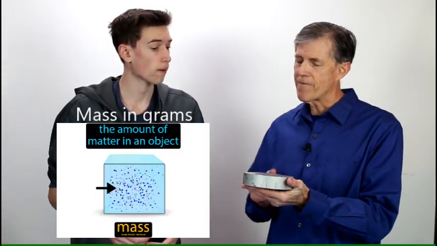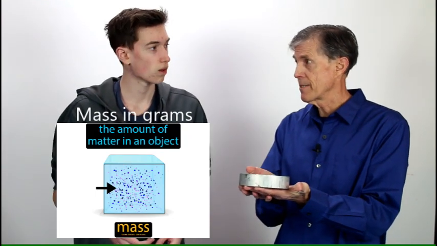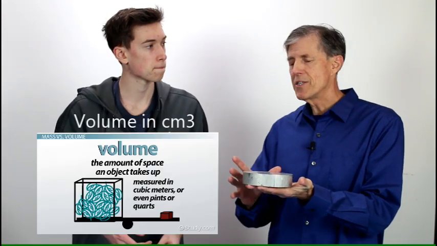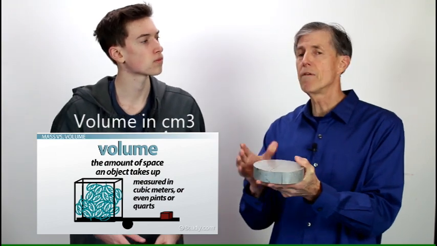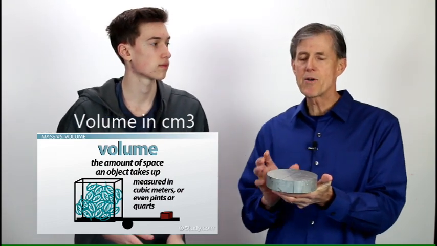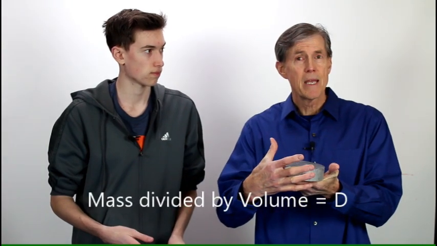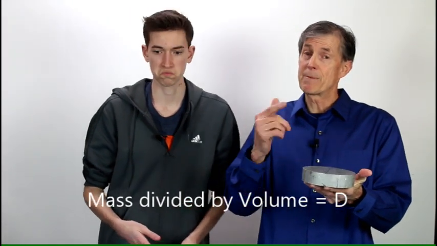So if I was going to find the density of this, if I want to calculate it, David, I'd just find two things. First of all, I find the mass, how heavy it is, okay? I measure that in grams. And the second thing is I find out how much space it takes up. That's called volume. So once I do that, I just take the mass, its heaviness, divided by its volume. That gives me density. It's mass over volume.